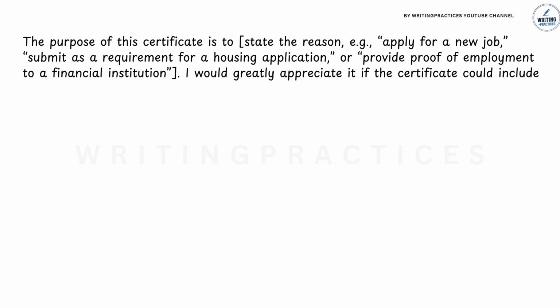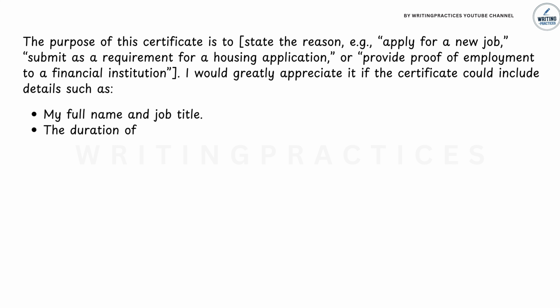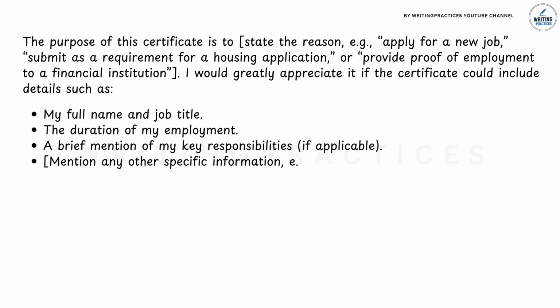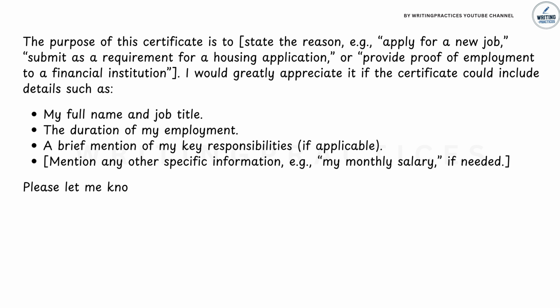I would greatly appreciate it if the certificate could include details such as my full name and job title, the duration of my employment, a brief mention of my key responsibilities, if applicable. Mention any other specific information, such as my monthly salary, if needed. This section allows you to communicate your needs clearly and directly, ensuring the recipient knows exactly what to include in